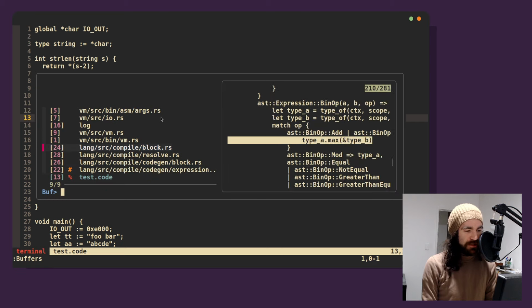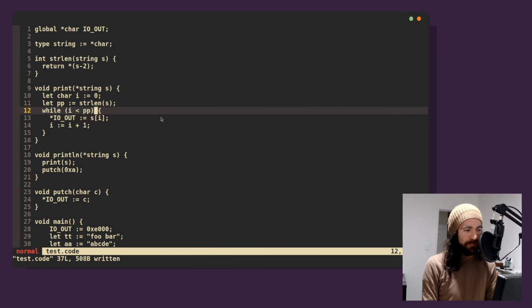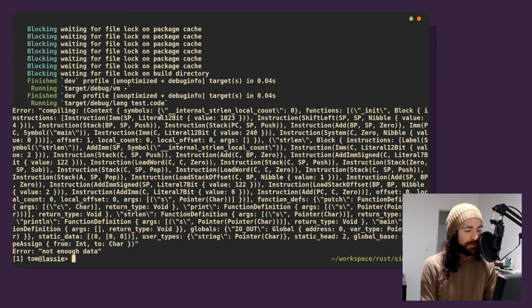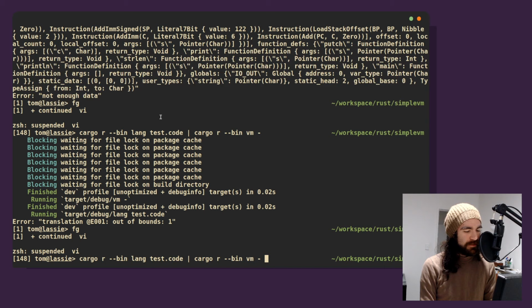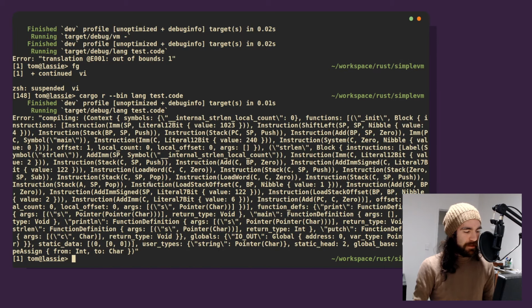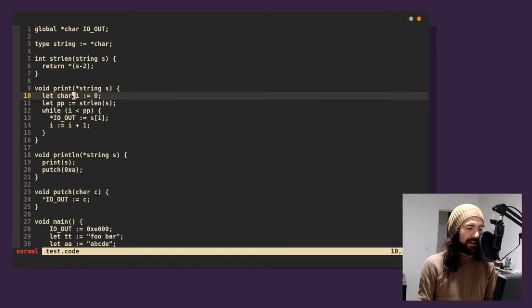Okay, so here's what I'm gonna do to band-aid this right now. So I think I can compile and run this now. And something blew up. Okay, so for some reason, if I try and say this is a char, it yells at me. Assigning from an int to a char. Because every number is an integer, but you can't assign an integer to a character without a cast. And I don't do casts yet. Casts are probably the next big thing I need to do. So this doesn't work.